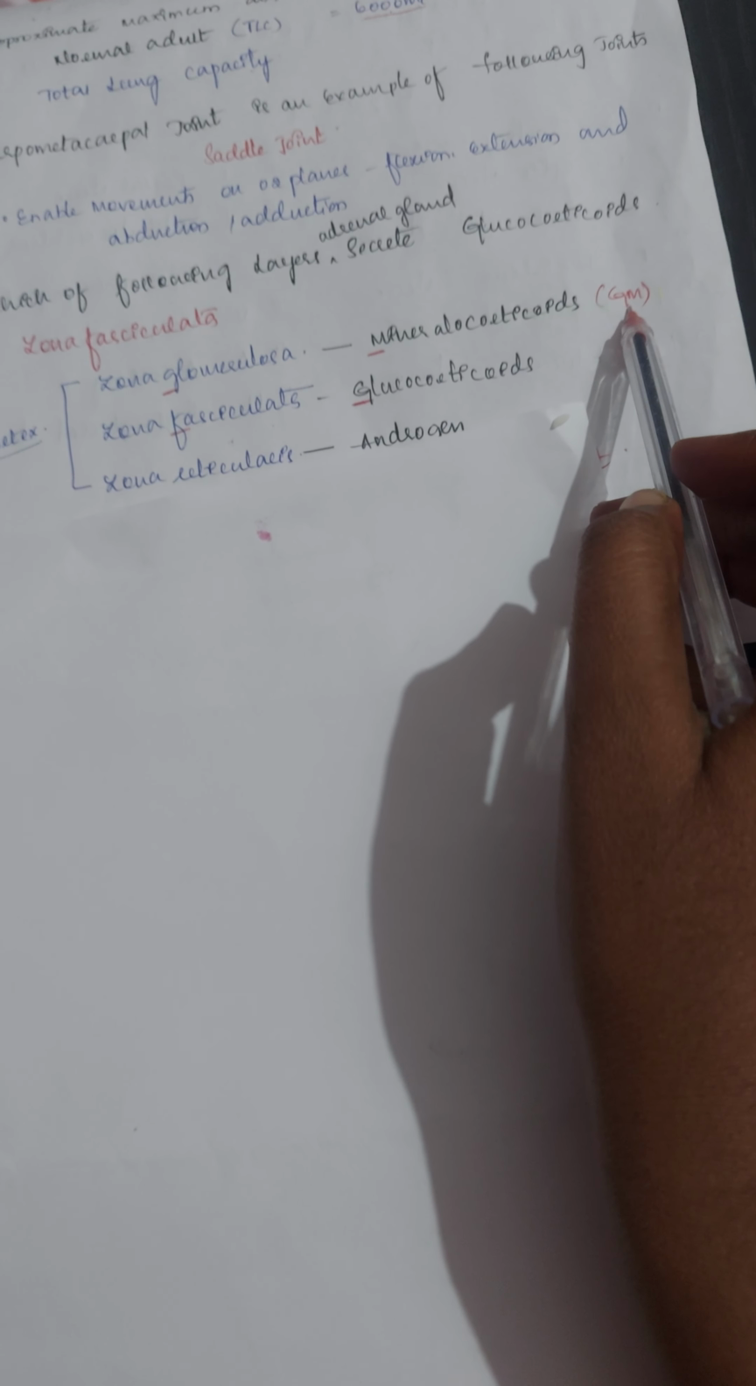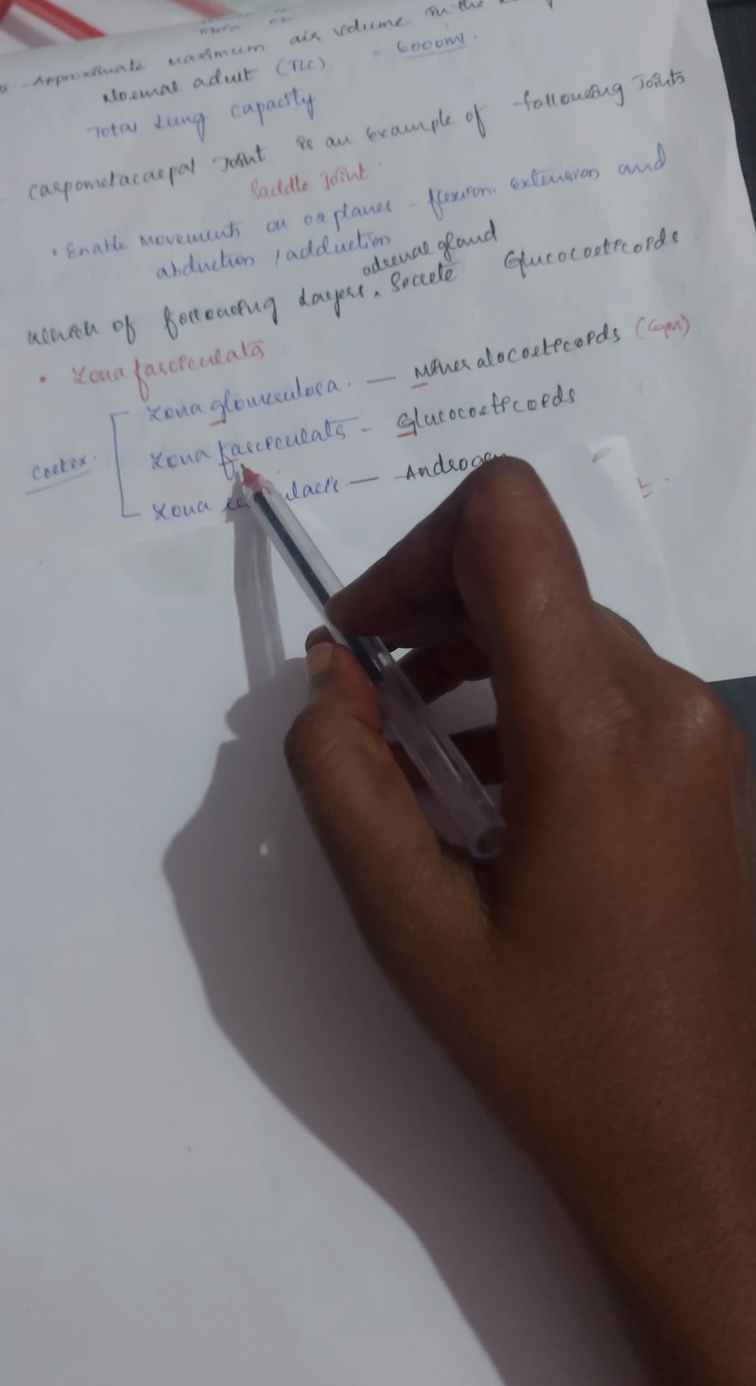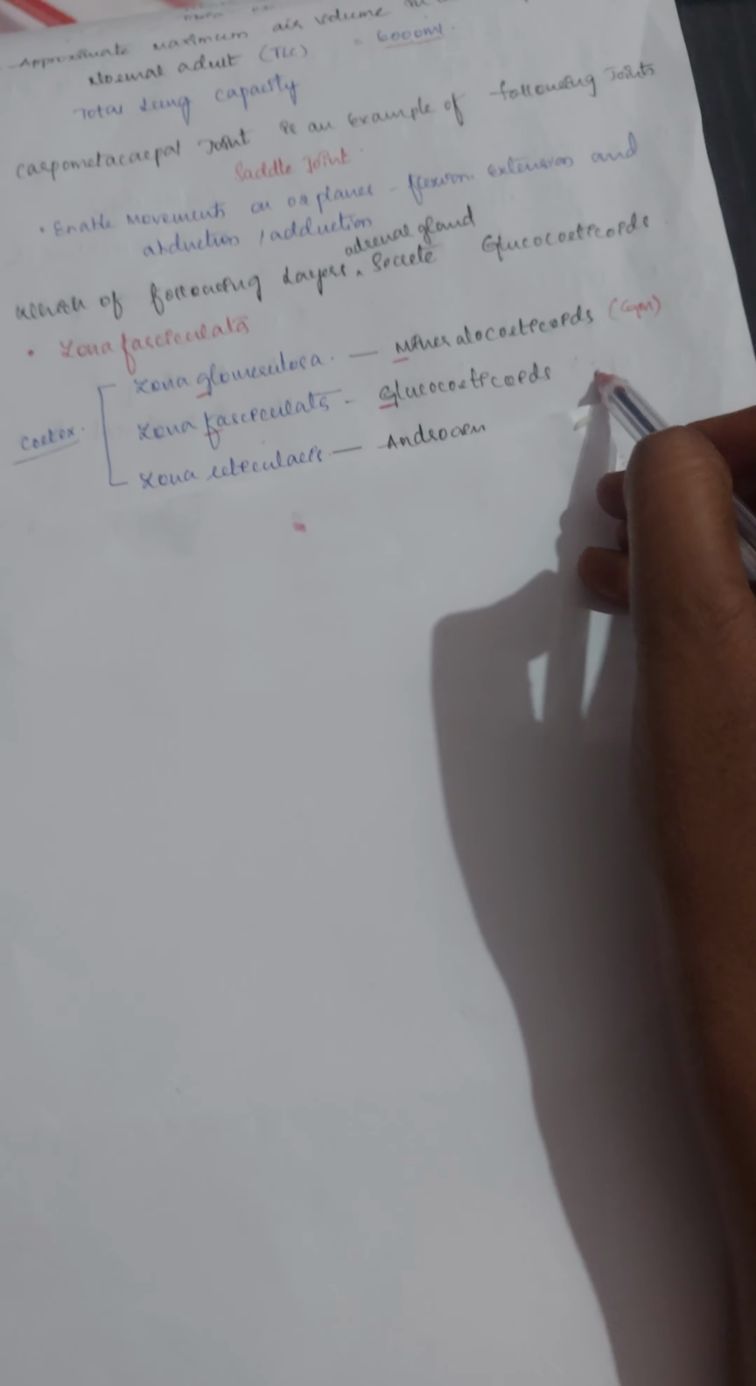Just remember GM, general manager. Glomerulosa secretes mineralocorticoids and fasciculata secretes glucocorticoids. Okay, FG. FG you can remember, right? The next